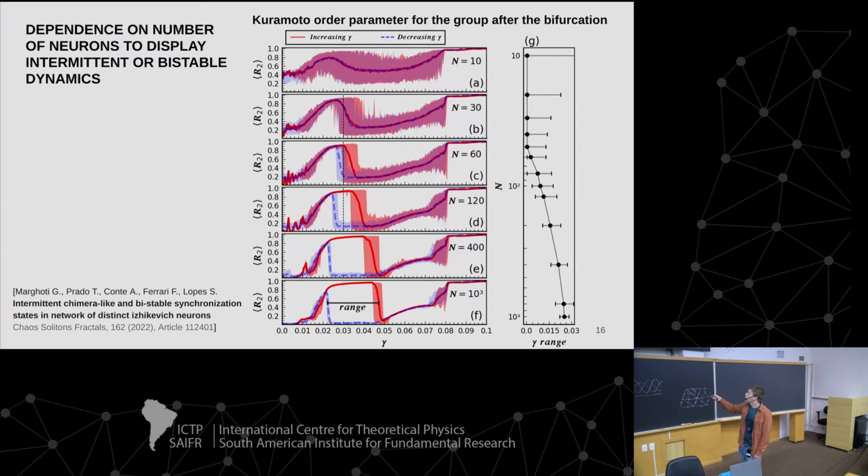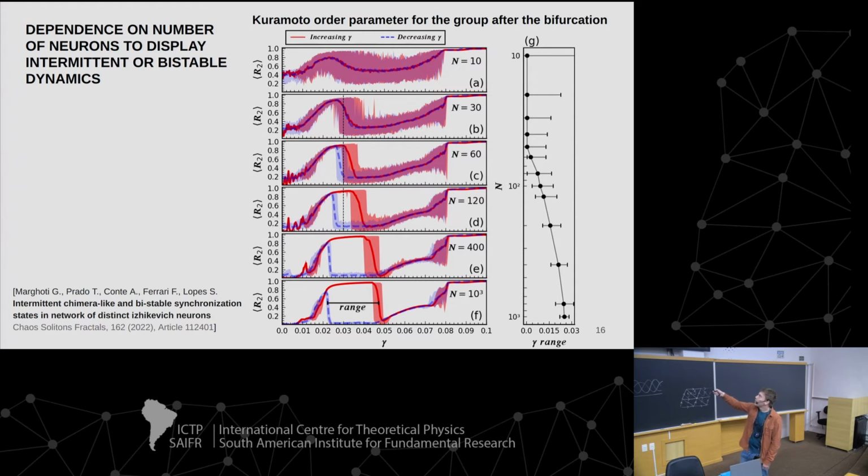For large networks, here for 1,000 neurons, this hysteresis is well defined, and the network is robust. If I begin with a synchronized network, it stays there, and it's not easy to apply noise to remove it from this state. But if the network is small, it's easy to jump from one branch to the other. So it's sensitive to noise and also to random fluctuations from the dynamics.